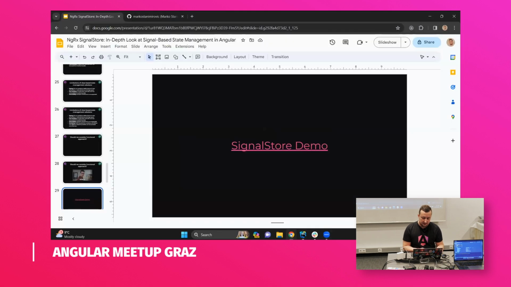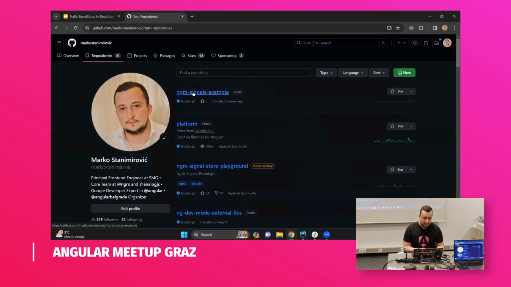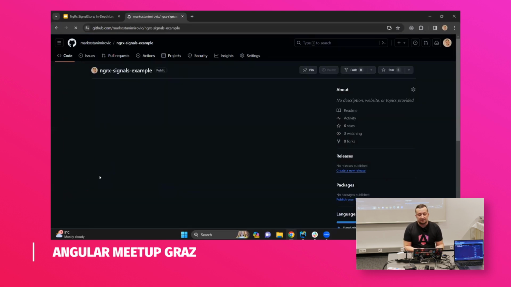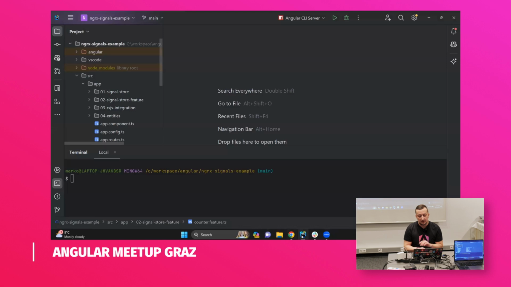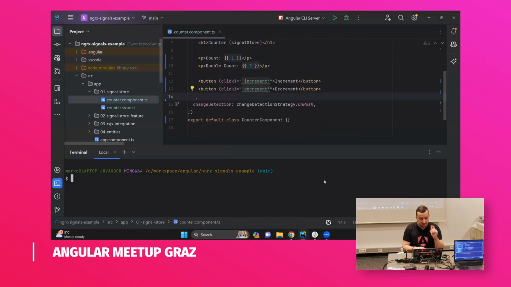So here we have a quick demo. You can find it on my GitHub profile. You can go to repositories, and here it is, NgRx Signals example. This is the name. Here we can find the source code that we will see today. And the first example is very simple. We want to create a counter store. Here we can see the component. Let me just